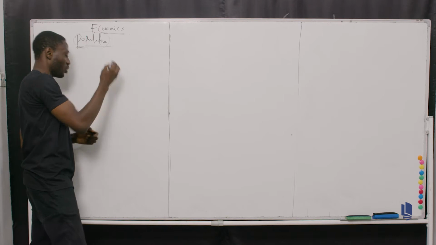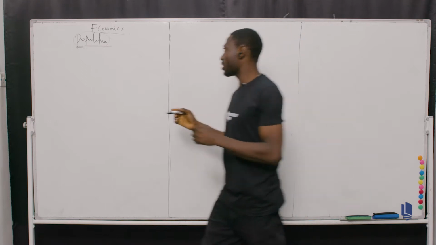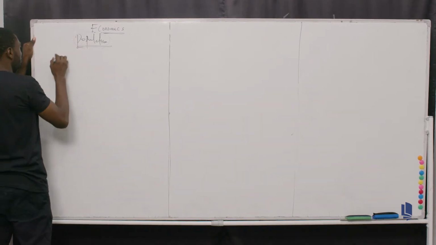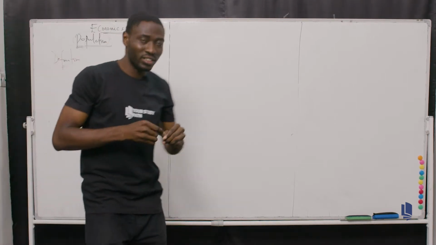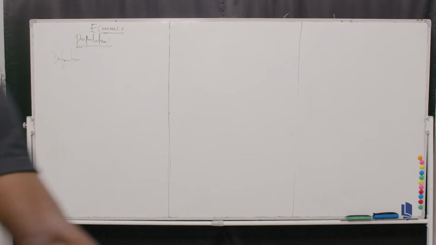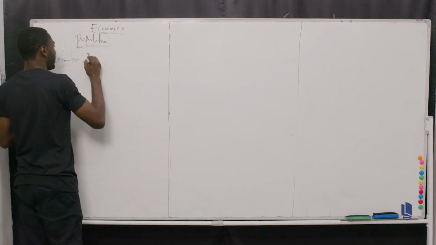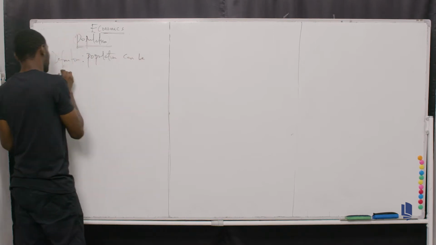And I'm taking population again from fresh, from the start. Now, we started from the definition. All right? Is there any other marker? So we started from the definition and we said population can be defined